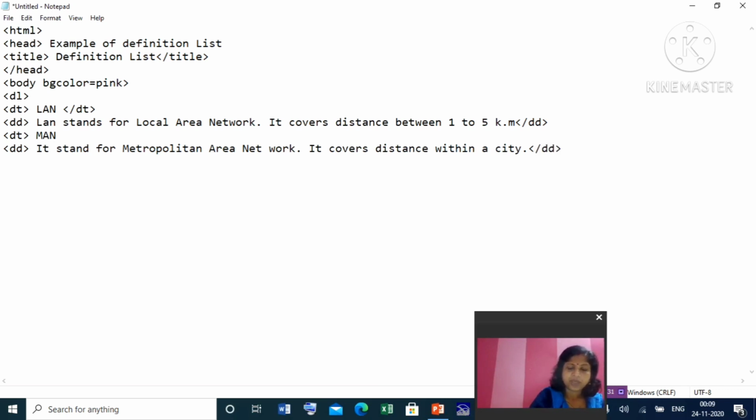Okay. So next DT, suppose WAN. Okay. Then definition description. This way, however many definitions you want, you can use a DT and DD.